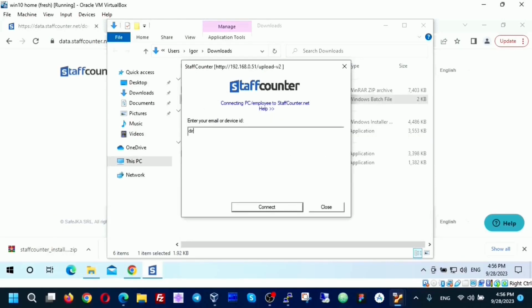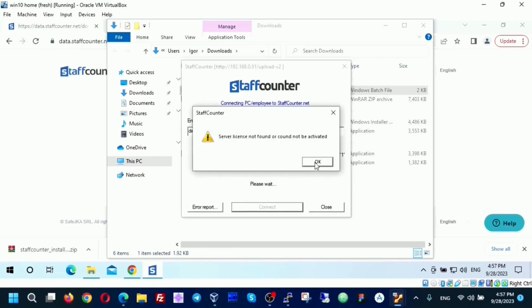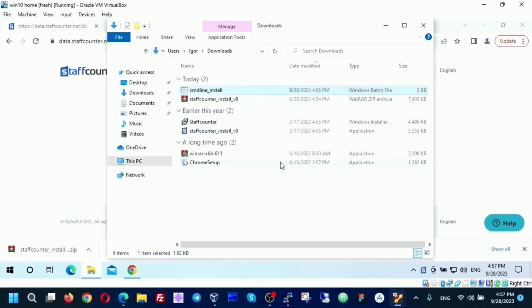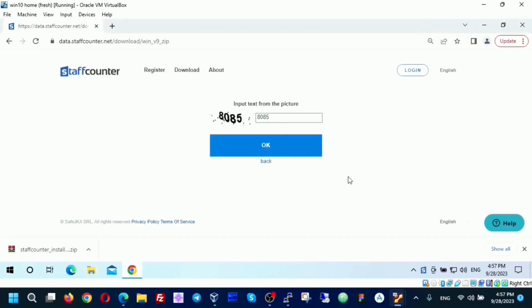Let's connect it to the director account. The program writes that the server license was not found or may not be activated. Yes, really. We just installed our local server and no license has been applied yet. But the server will work without a license for a month.